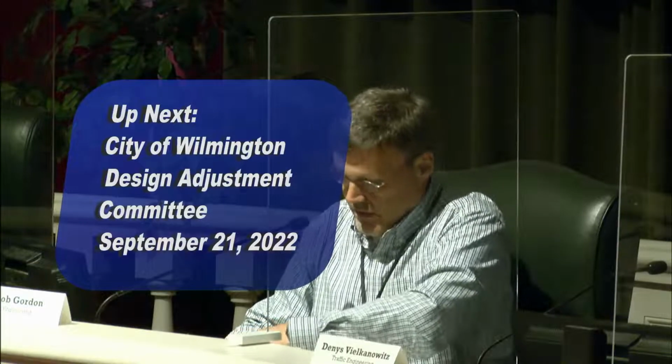All right, I'm going to call the Design Adjustment Committee to order. Before we get started, I need to read the introduction. The Design Adjustment Committee's purpose is to establish clear and measurable review criteria for the consideration of major deviations from the city's technical standards and specification manual, building design and material standards, and subdivision standards. The Design Adjustment Committee does not consider the housing type, cost of the proposed unit, occupants, building material, unit size, number of bedrooms, or the architectural design of the structures.